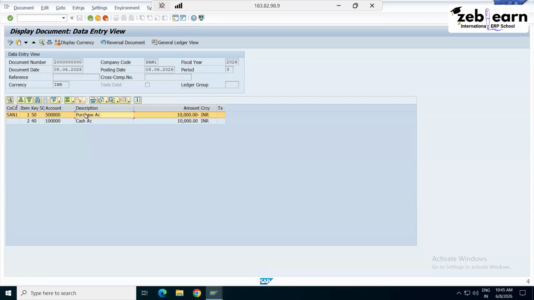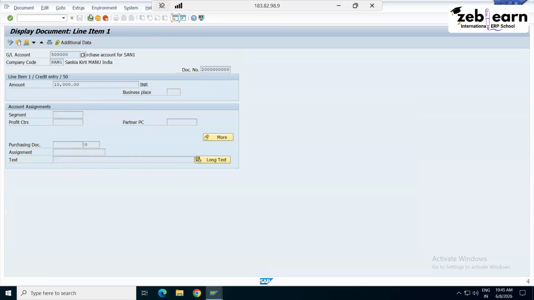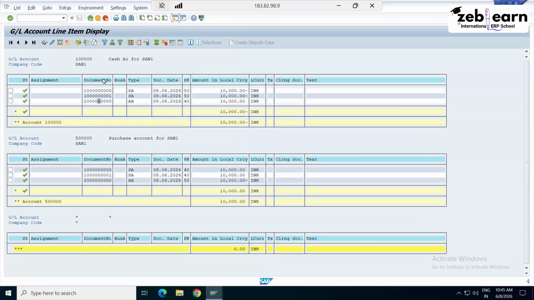Now, you can click on the purchase document also and see the details. You can click on the reversal. I want to explain this reversal to you. It was like this, we made the changes in SA. Why is it showing AB for reversal? I'll